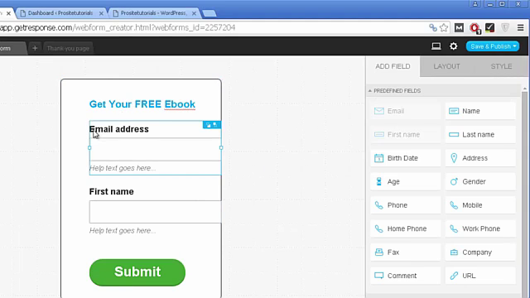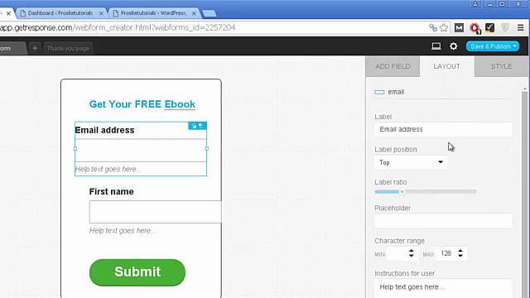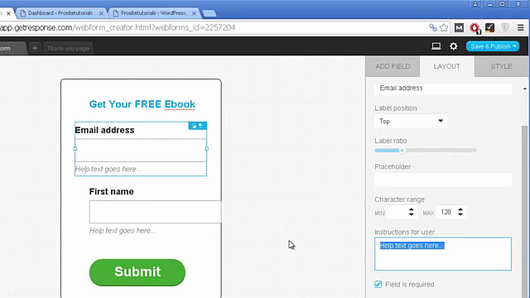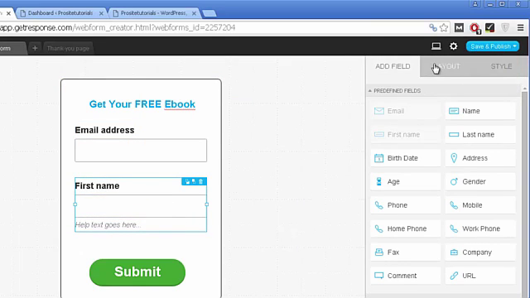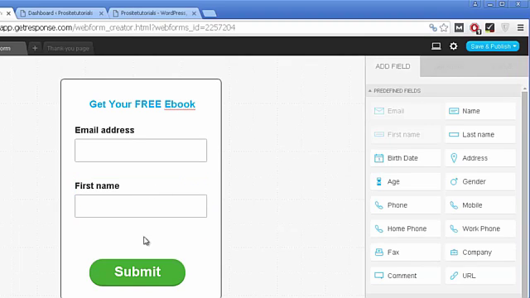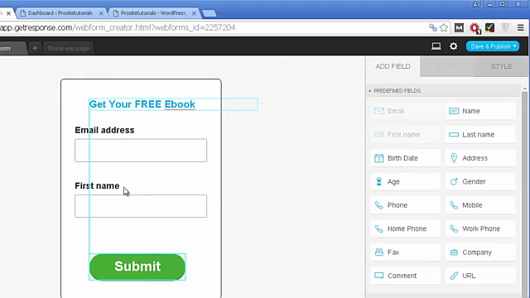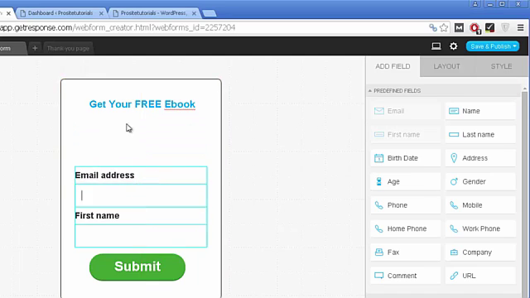And I'm going now to choose this area over here. Just put it more in the center. And once I go to the layout options, you can see that I actually want to delete this instructions for users, just like this. I'm going to do the same thing below. Just like this. And actually, what you would do is, I'm going to put this a bit below. You certainly want in this space,